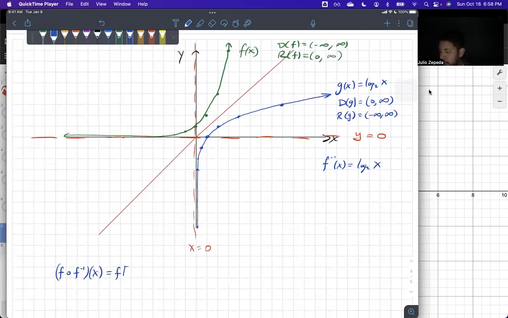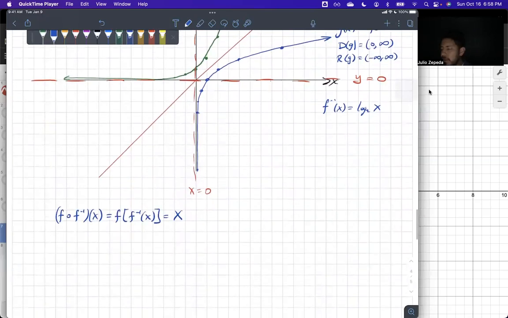If you plug in the inverse of f into f, we just get x. And that is why earlier, if I say f of x is b to the x, an exponential function, and f inverse of x is equal to log base b of x,